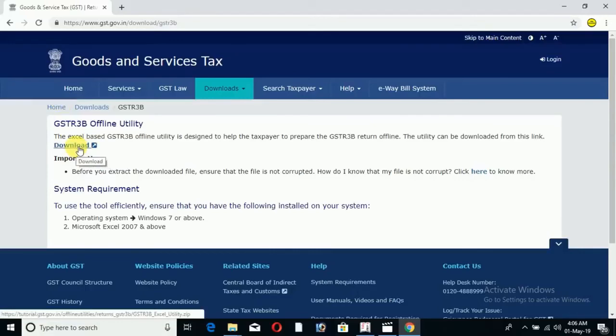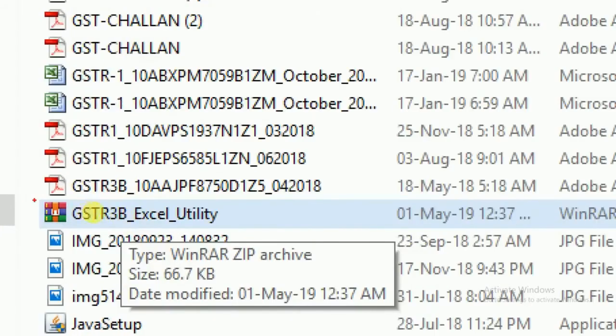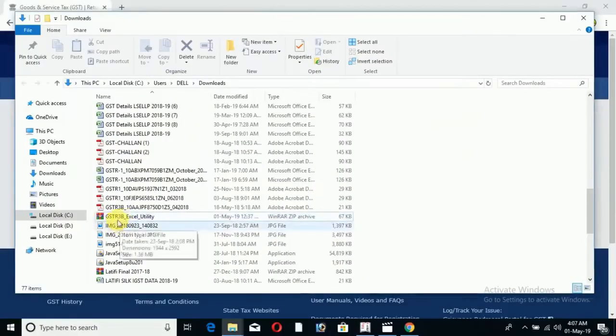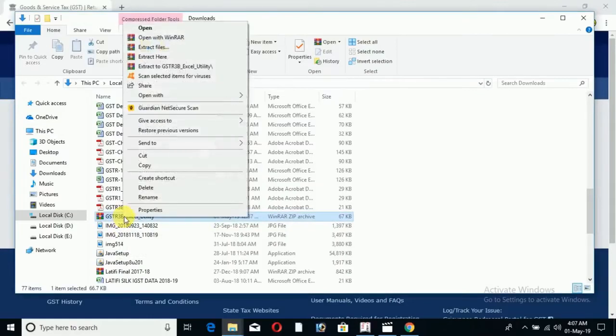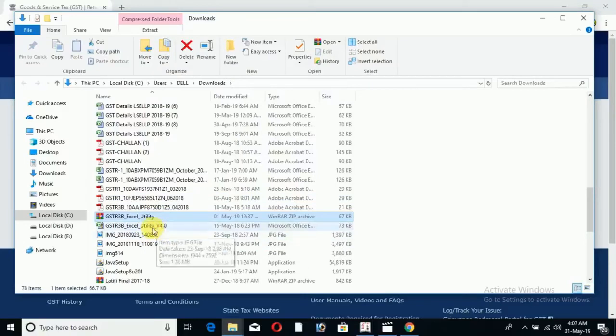Now you are getting a zip file, GSTR3B Excel utility. Right-click on it. You need to unzip that file. For extracting the file, you have to click on Extract here. This file is present in Downloads folder.